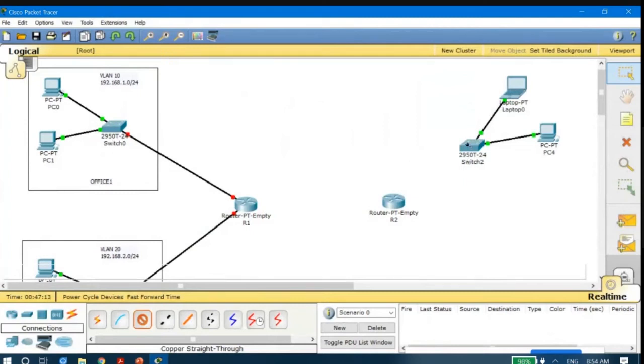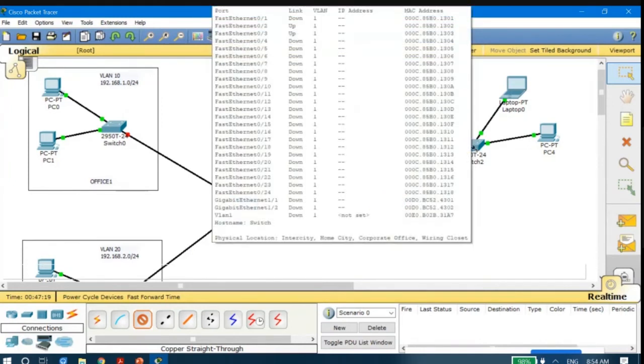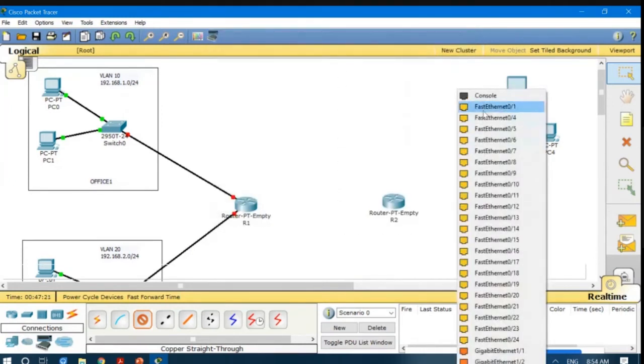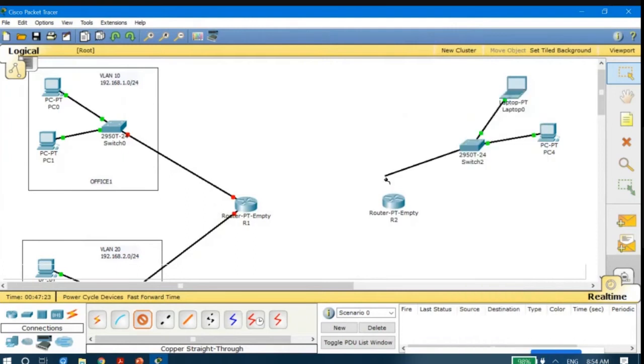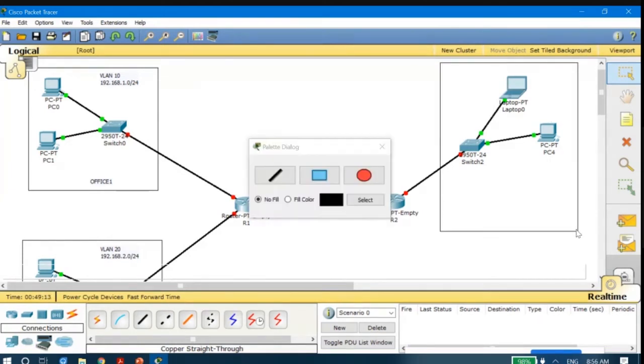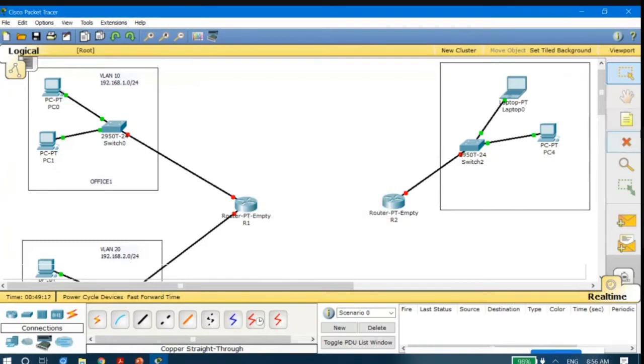Now I will connect this switch to this router too. I'll click on that switch, select fast Ethernet 0/1, and connect it to the router. So this is also connected. The next thing is we have to document it. We have to draw that rectangle, and then let me write the details here.